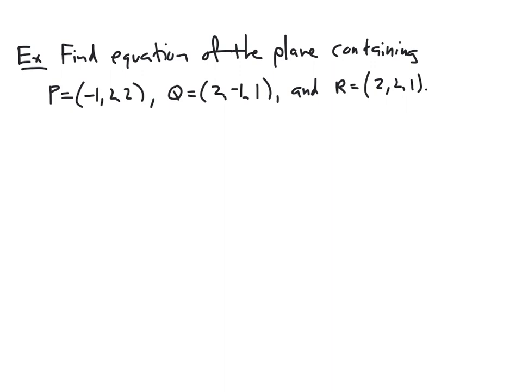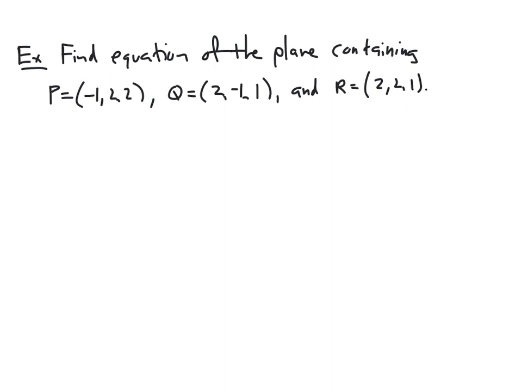Right? And so just like the previous example, we want to find the normal vector. In the previous example, it was given, but here we have to compute it. Once we know the normal vector, this is very easy to compute. So in order to find the normal vector to a plane, one approach is we could find 2 different vectors in the plane. And if we have 3 points like this, we can definitely do that. But if I can find 2 vectors in the plane, then to find the normal vector, what we would need is to find a vector that's mutually orthogonal to those 2 vectors in the plane. And luckily, we know a way to find a mutually orthogonal vector to 2 vectors, and that is the cross